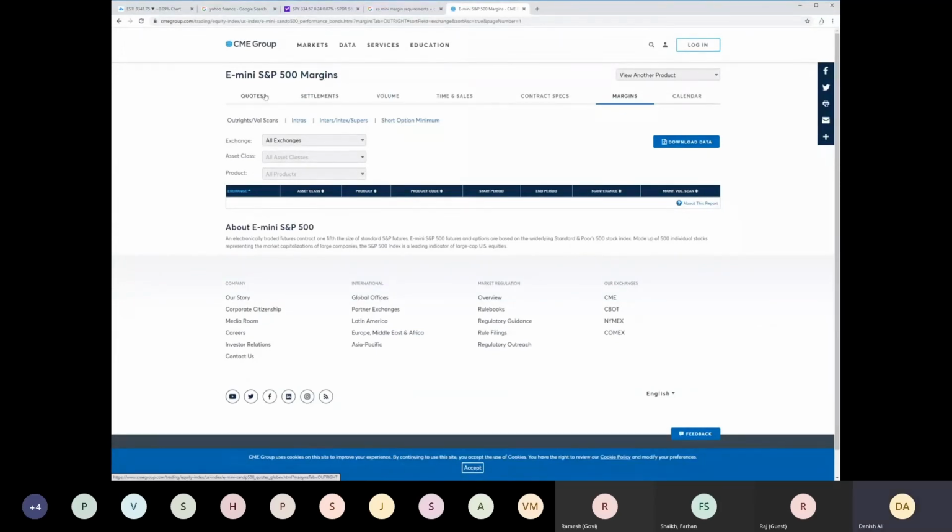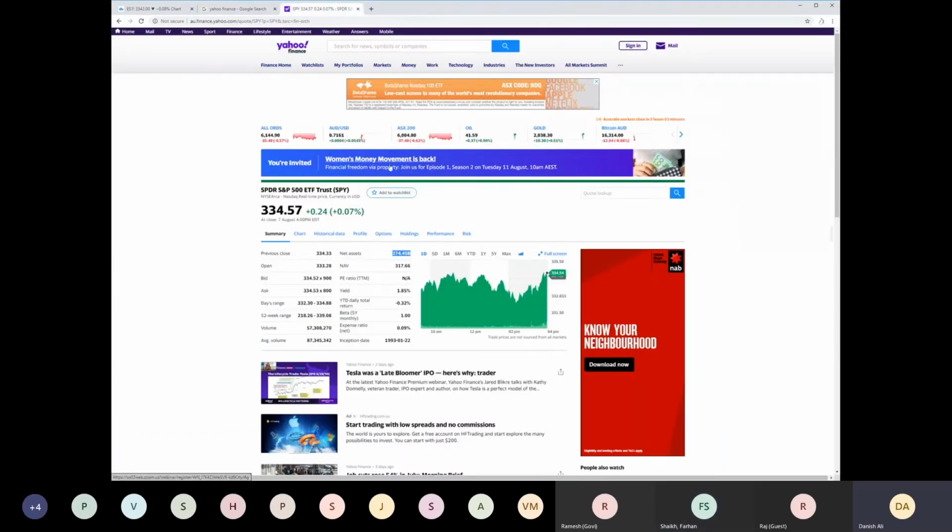The margin requirement is usually $12,000 by exchange, but Interactive Brokers expects you to have $26,000 for one contract. I'll show you the margin requirement. Quantity 1. Let me share the screen.